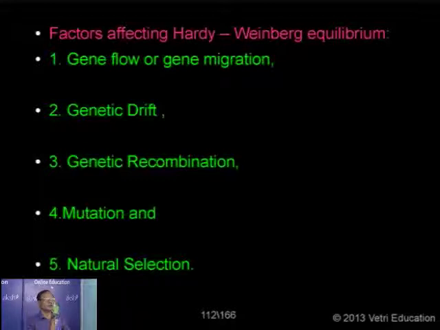Until P plus Q is equal to 1, there is no evolution. If there is any change in either P or Q, though we have 1, there is no change in the genetic equilibrium, but it is being disturbed. So 60-40 becoming 50-50, just the ratio between the dominant and recessive gene frequencies has changed. Then it will normally result in evolution. So these are the main factors responsible for affecting the genetic equilibrium of Hardy-Weinberg.